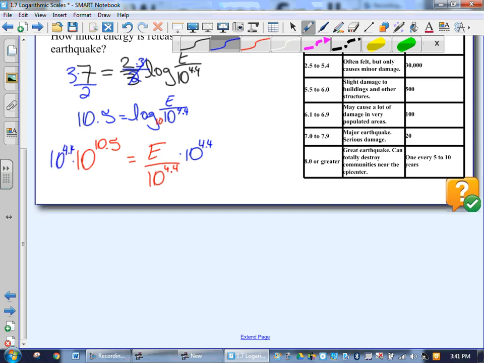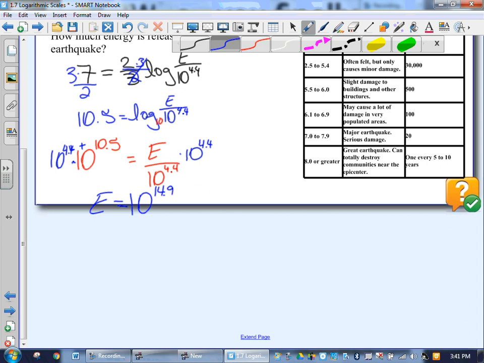And this is going to be a huge answer, so it's energy, and it's only in terms of joules. So instead of actually evaluating this and turning it into a number, I'm going to write it as a power of 10. So here I'm multiplying things with the same base, so I'm going to add their exponents, and I end up with E is equal to 10 to the power of